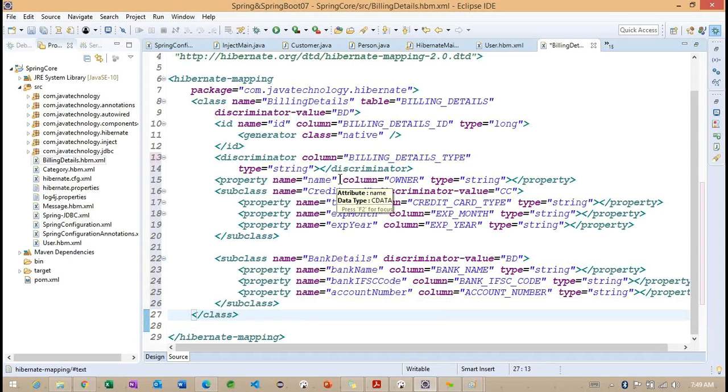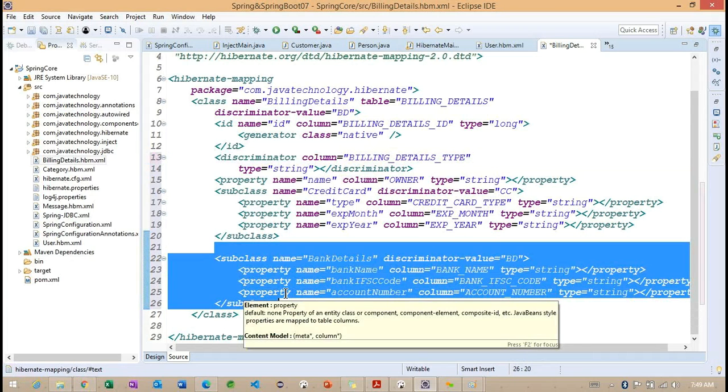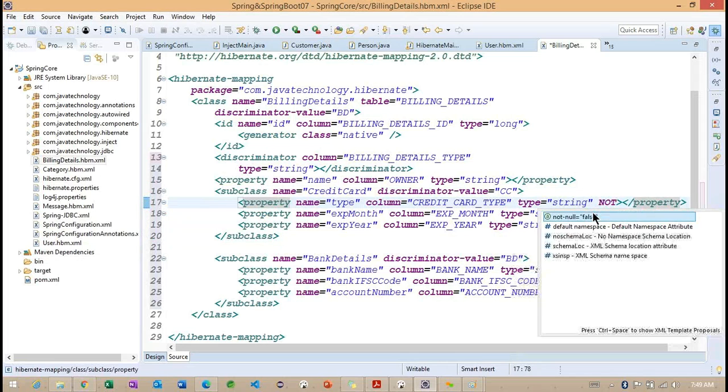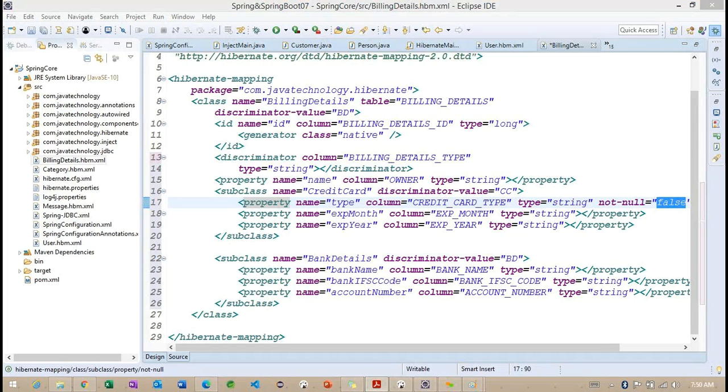So now you need to understand here, using this particular discriminator column, the appropriate subclass is going to be called, and the values are going to be initialized here. And in the remaining subclasses, the values are going to be null here. But if I'm going to make not null constraints here, what happens internally? We are going to get an exception here. So this is not possible here. Getting the point? So this is not possible here.